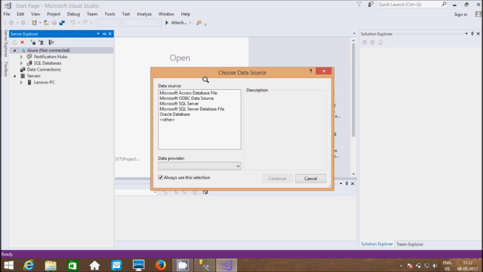Here we have different data source options. First is Microsoft Access database file. Use this selection to connect to a Microsoft Access database file through the .NET Framework data provider for OLEDB.